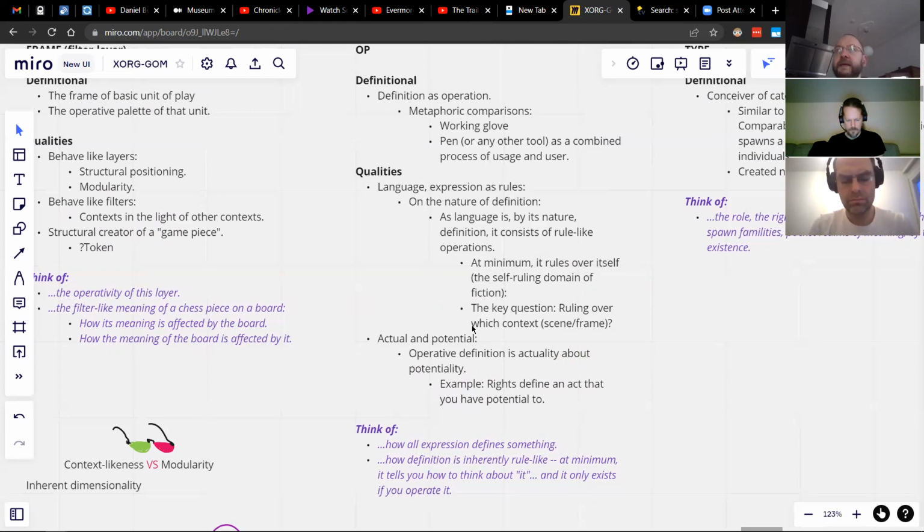And for me, that opens up the sense that there's actually no need to separate rules and non-rules. It's useful to look at all of them as this sort of operational rule-like behavior, but then it's more about stylistics and nuances.